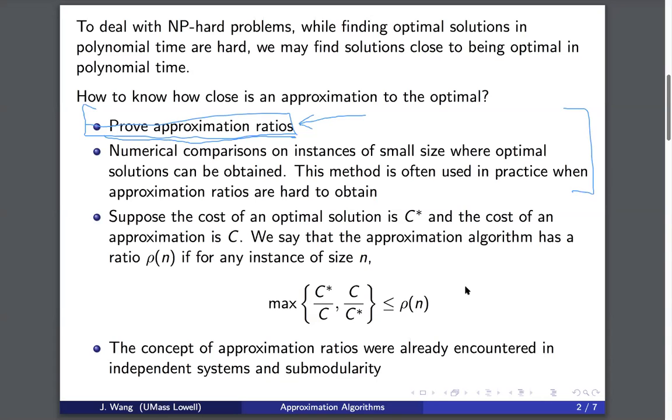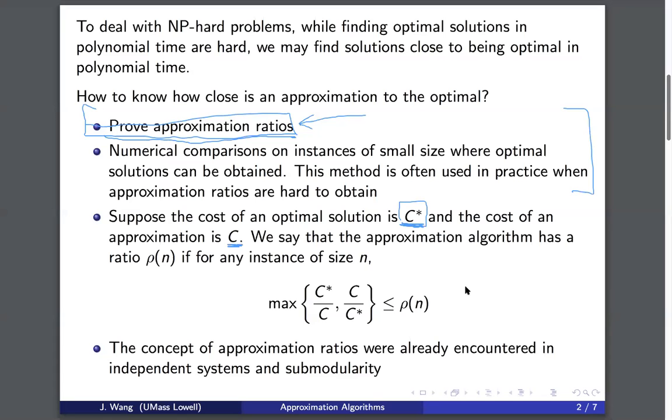So that optimal solution cost is C star, which we don't know how to get, but we can do mathematically and compare it, right? And the cost of an approximation, which we know because we have an approximation algorithm, we can produce this C. But we just don't know how to get C star, except you run numerical analysis on moderate